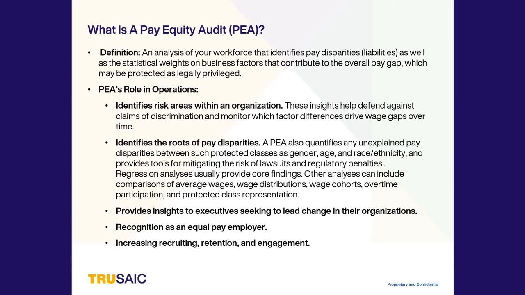And we're talking virtually all about gender, but this would also apply to age or race and ethnicity or other protected classes. And having the pay equity audit done gives you the numbers that you need to figure out how bad is the problem. And you're going to need to know that in order to figure out what remediation, if any, you're going to do. Once you've got the metrics, which come from a regression analysis,